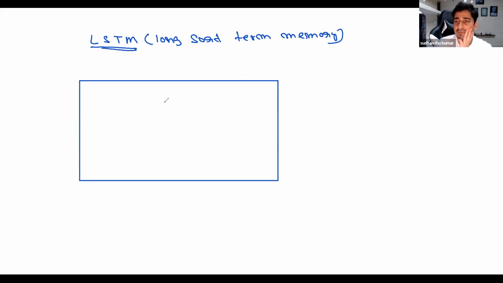When researchers created long short-term memory, they said that they have to create a channel which will be able to give an output. That is one objective. The second objective is to create a channel which will be able to update a memory, and a channel which will be able to store all of that information from the past. Keeping these things in mind, they ended up creating multiple gates.